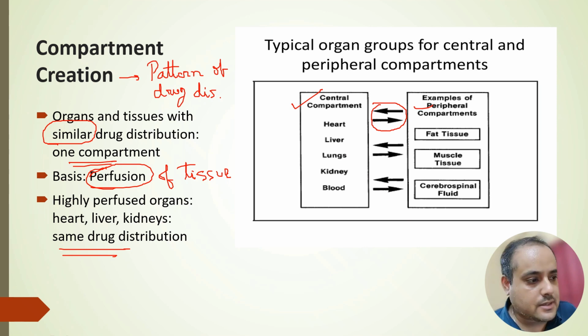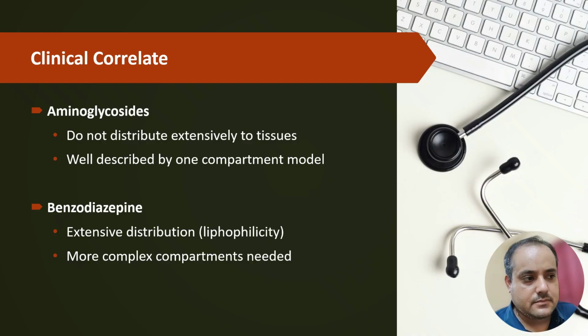So the drugs can move from the central compartment to the peripheral compartment as well as from the peripheral compartment to the central compartment. Now what is the clinical correlation of this body compartmentalization? Now if you look at the aminoglycoside